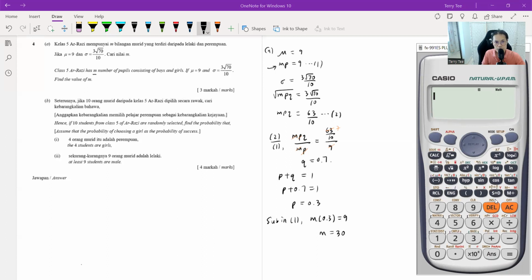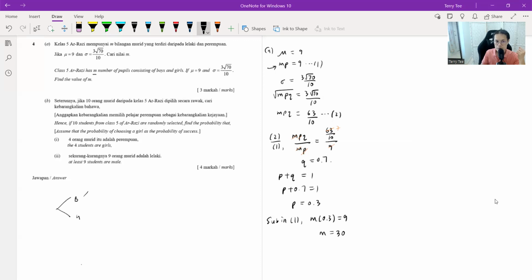Hence, if 10 students from the class 5 RSE are randomly selected, find the probability that 4 students are girls. So here's the thing you need to know. In fact, there is one flaw in the question. I hope you understand the idea of binomial distribution. So when you choose students from binomial, it's like boy, girl, boy, girl. I choose 1, I choose 2. Now, the thing is, guys, we cannot